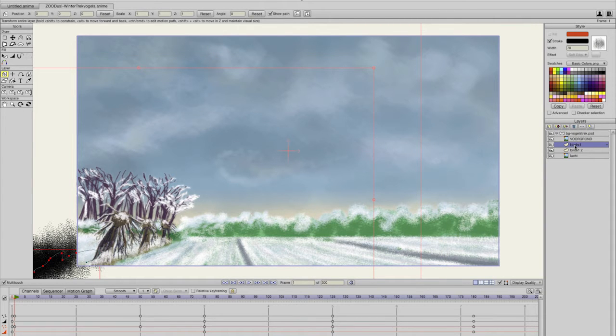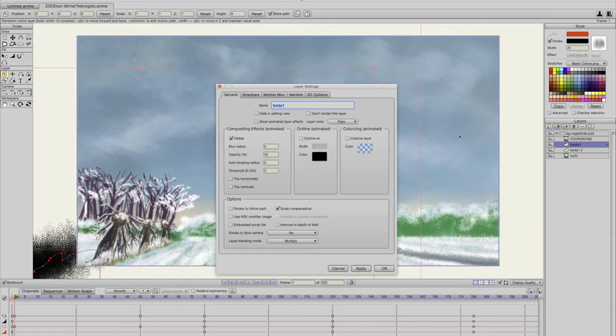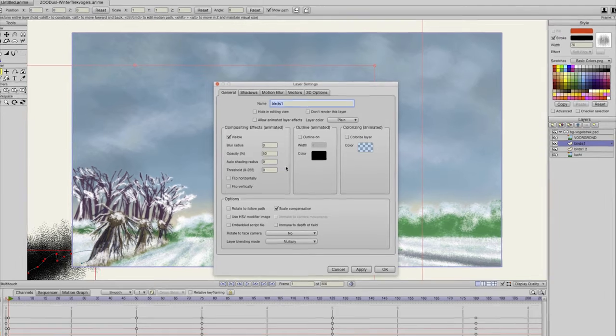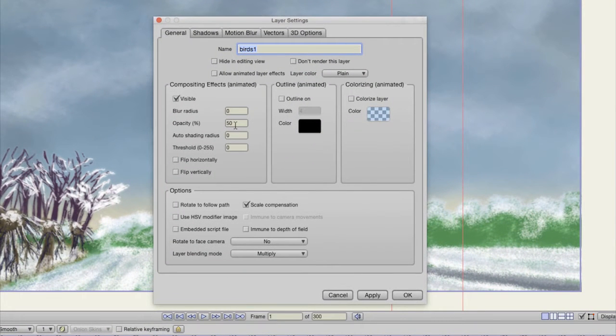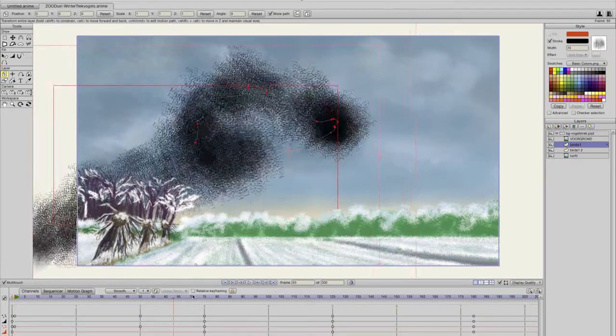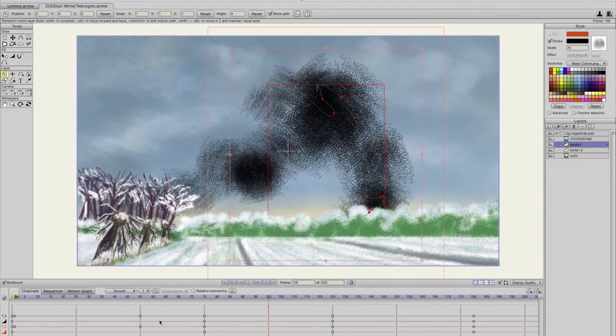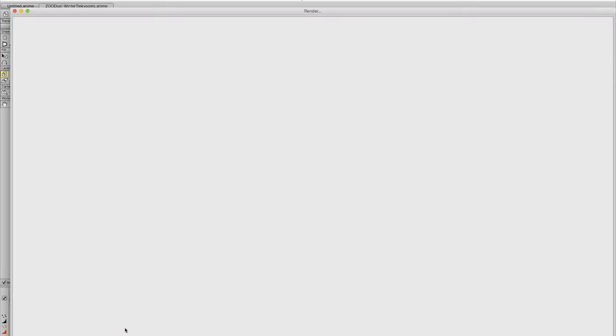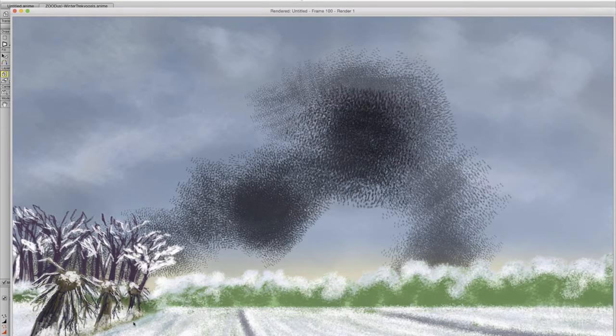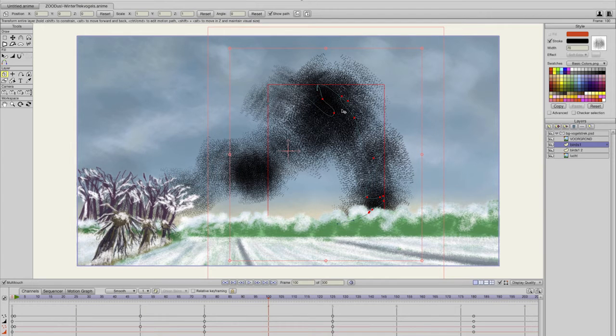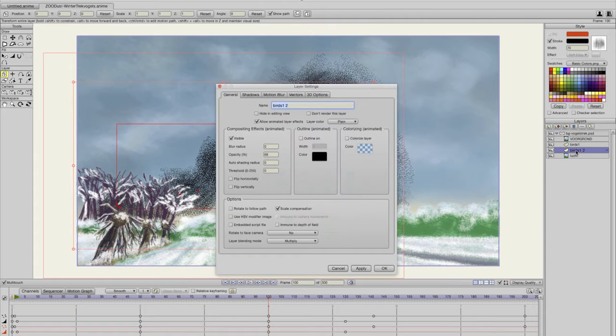Now I also adjusted the transparency of the layer, and when you double click on your layer, you get your layer settings, and the opacity is on 50%, and I left it on 50%. So when you press Command R, you get a preview of your final rendering. Now you can see that this is a little bit more transparent, and underneath this layer I had another layer,